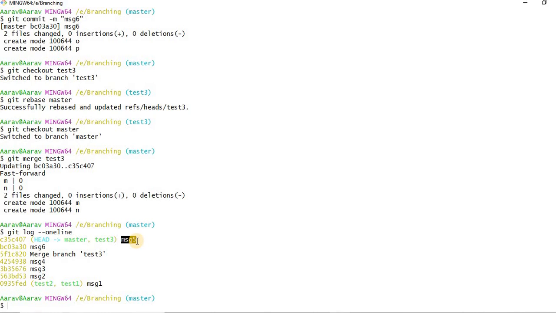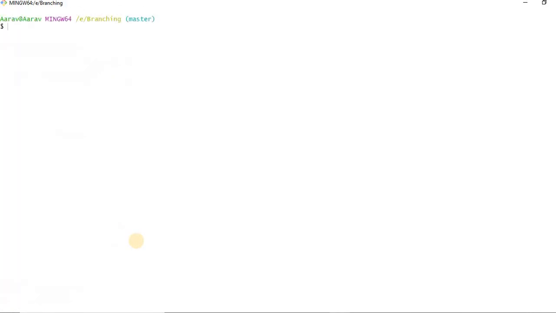I hope you understood the difference between merge and rebase. Okay, guys. Hope you understood. If you have any doubts, please let me know. Simple. I'll tell you again. Whenever you create a branch, you will be getting all this committed history into new branch. But once you are done with this branching, if you do commit on the created branch, that won't reflect on master branch. So to reflect the data into the master, you have to merge it.